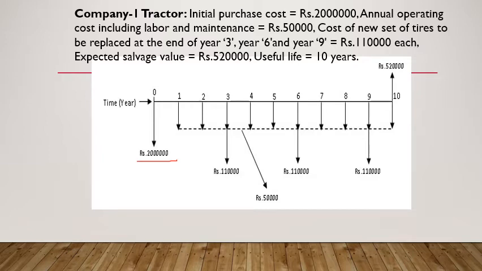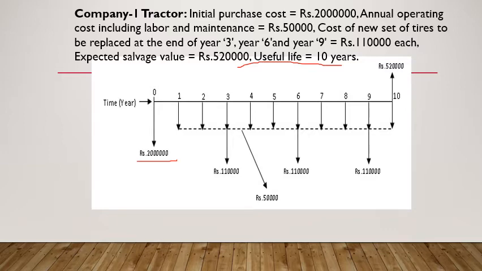It is only one cash component given, so it cannot be gradient. We have to make sure that it's not gradient. So it is uniform throughout. It starts from first year and goes up to 10th year because the useful life is 10 years. Okay, and then maintenance cost is done.